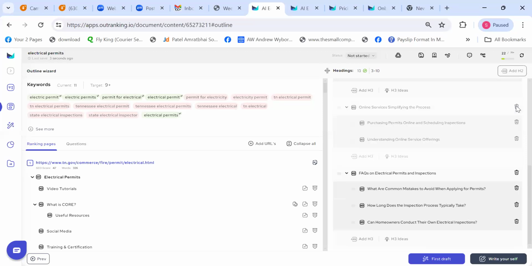All right, let's remove online services as well. And now we have 13 headings altogether. That's fine. You have to be in this range, but you can go a little bit overboard. The requirement is 3 to 10 outlines only altogether, so try to be in that range. But even if you have 12, 13, 14, that's fine. But don't put up 15 or maybe 18, 20. Try to be in that range, and that is going to definitely help you.